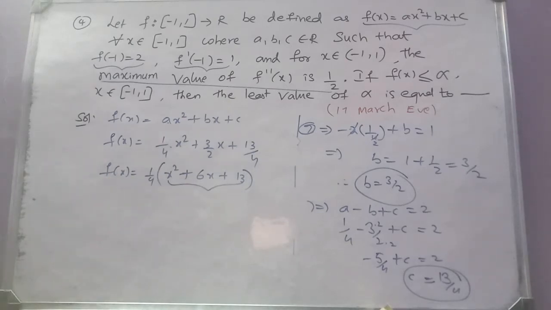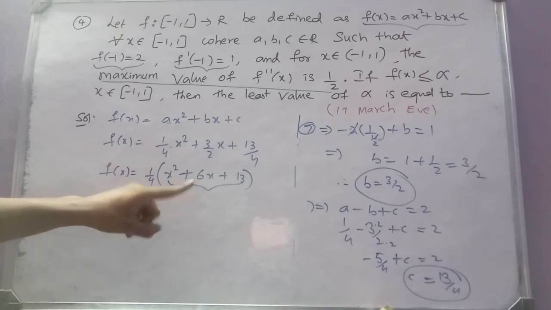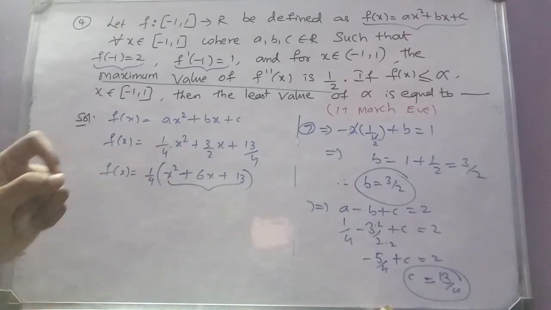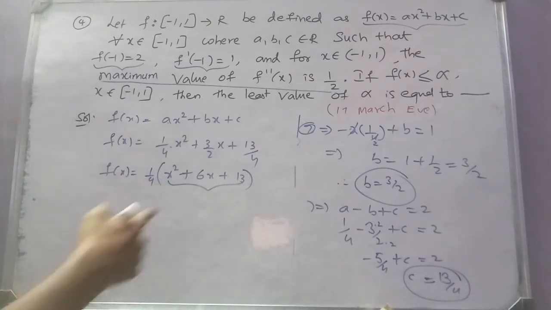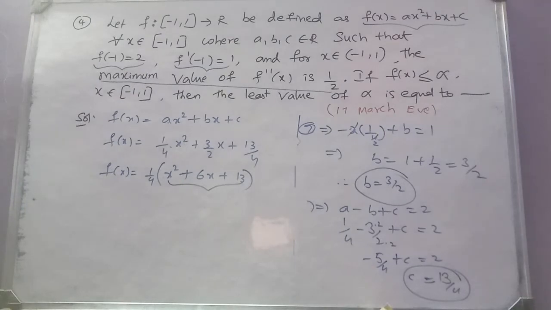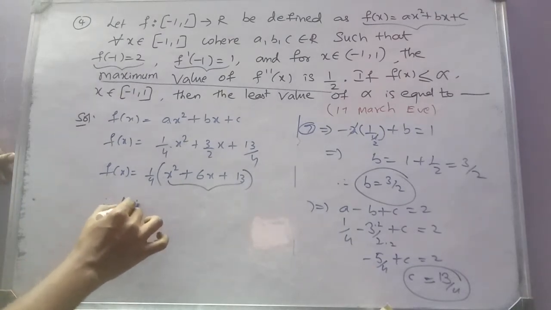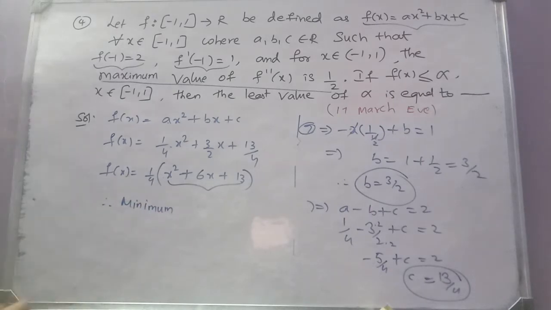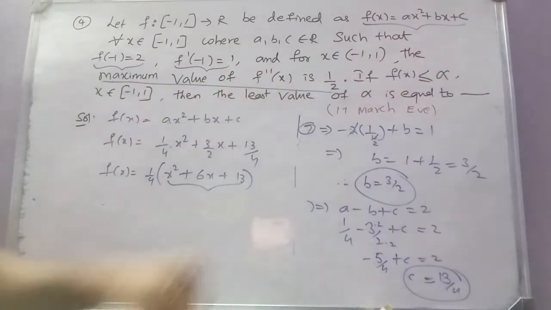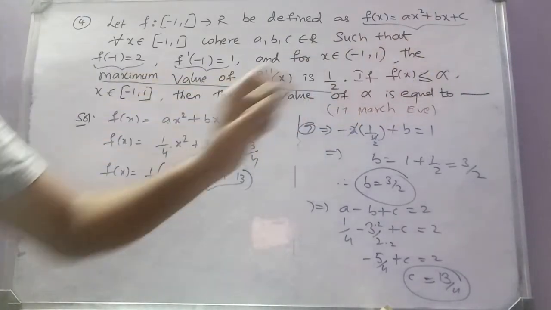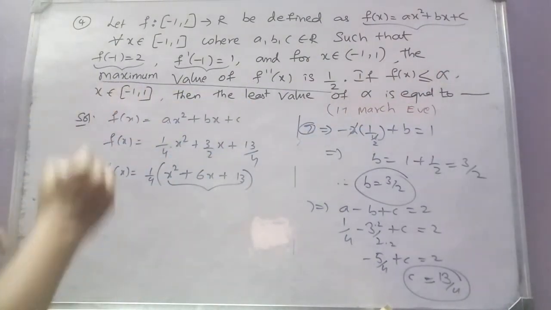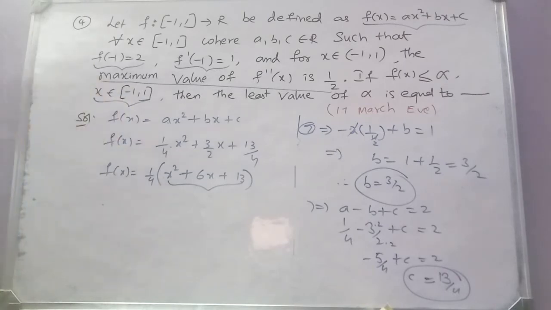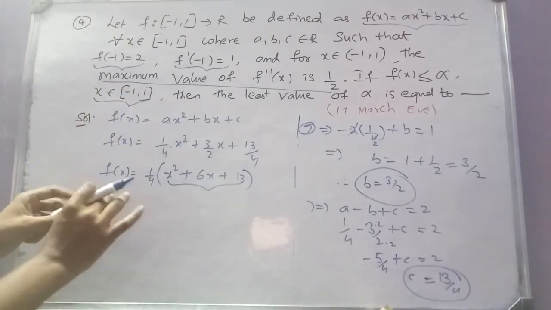The minimum value of f of x is nothing but the minimum value of this x square plus 6x plus 13. And for any quadratic polynomial, it will have a minimum value if it is an upward parabola. Clearly, x square coefficient is positive only, na? So this is an upward parabola only. So therefore, the minimum, not minimum, I need actually maximum, because they told that f of x is always less than or equal to alpha, right? First of all, they said that f of x is always less than or equal to a number alpha in this domain. Not always, but in this domain. First, let us find its minimum.